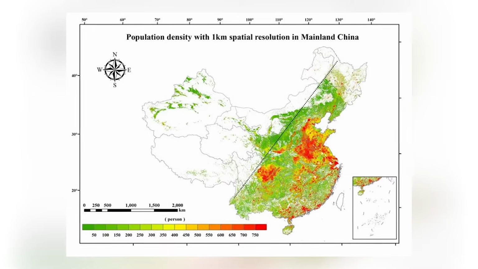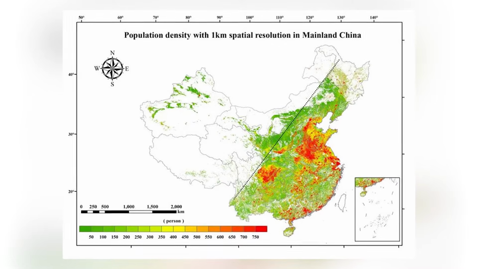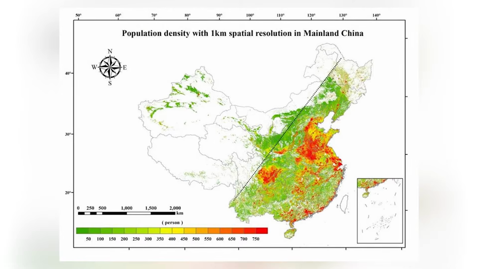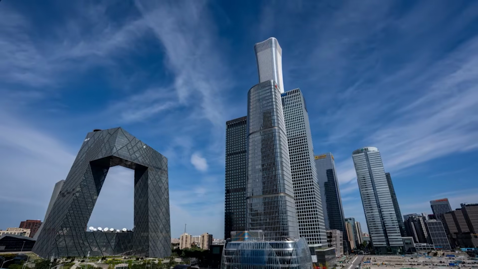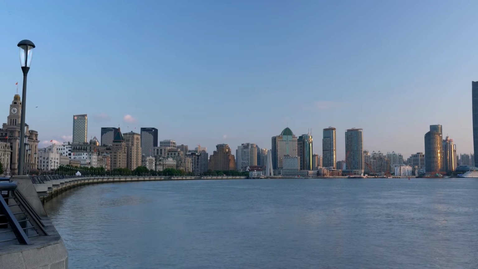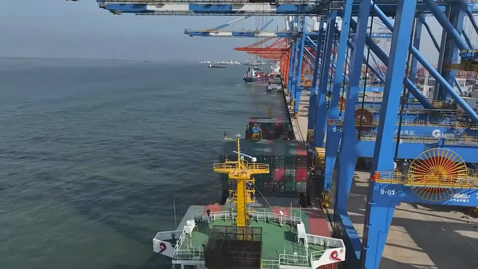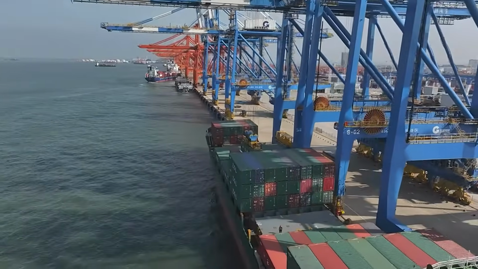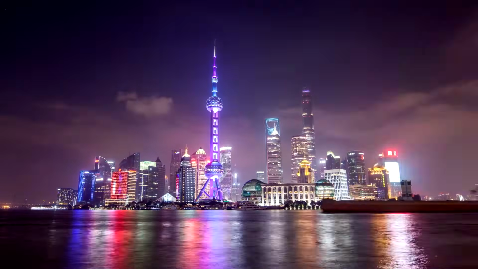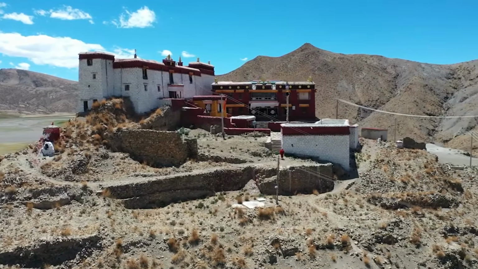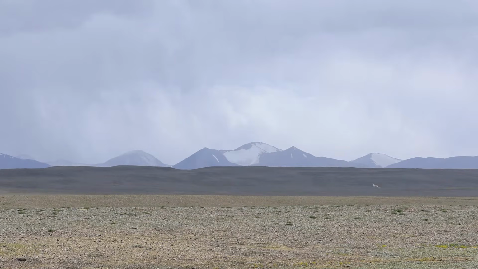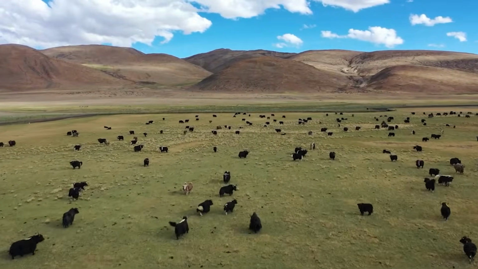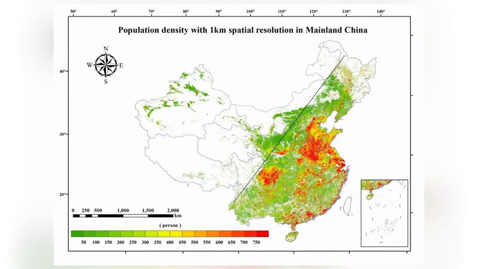This line from the Heihe River in northeast China to Chongqing, Yunnan on the southwest border divides China into 2 different parts. One part is the densely populated southeast, with fertile plains and hills, abundant precipitation, fast development, and 94% of China's population. On the other side is the sparsely populated land with rugged terrain, deserts, snowy plateaus, harsh climate, and only 6% of the total population. This famous line depicts the imbalance between these 2 parts of China.